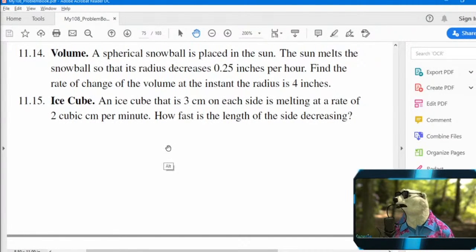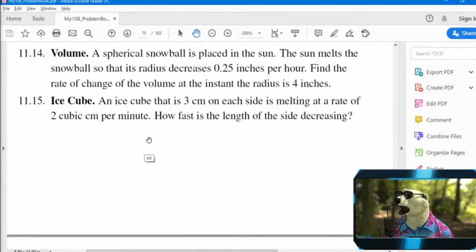It's another volume one. A spherical snowball is placed in the sun. The sun melts the snowball so that its radius decreases at 0.25 inches per hour. Find the rate of change of the volume at the instant the radius is 4 inches. Now this one is simpler than the cone we saw before, but it's just highlighting another volume formula we need